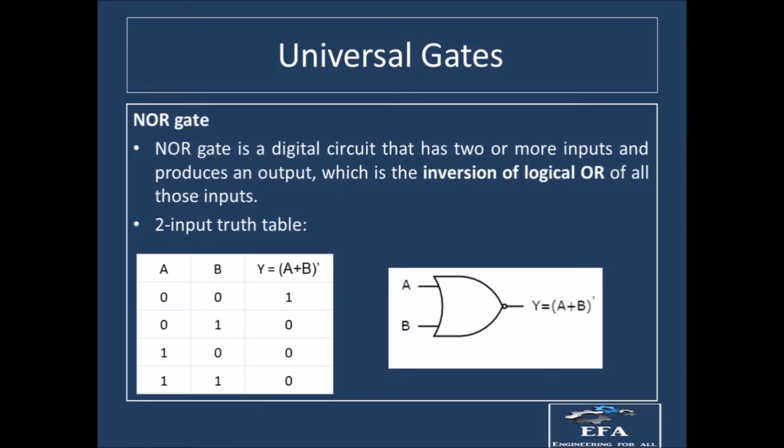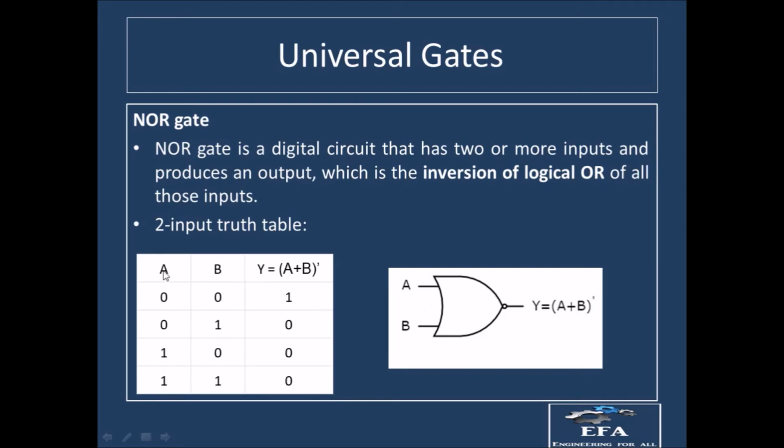NOR gate is nothing but the opposite of the OR gate, or the inverse of the OR gate, right? So in this case you can see this is the symbol of the OR gate, and after this symbol we are having a bubble over here. This bubble will represent the inverse of the OR gate. Again we are having the simplest type of the NOR gate, where we are having two inputs and there will be only one output. Now this is the Boolean expression where we are having (A + B) complement. Now this (A + B) complement will represent the NOR gate, right?